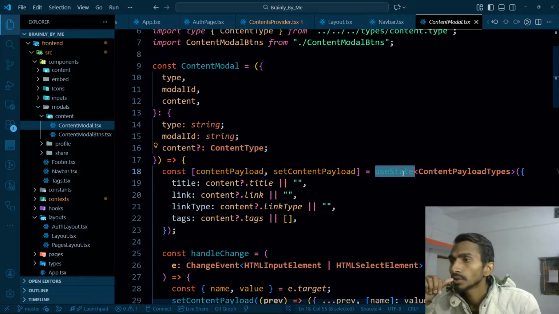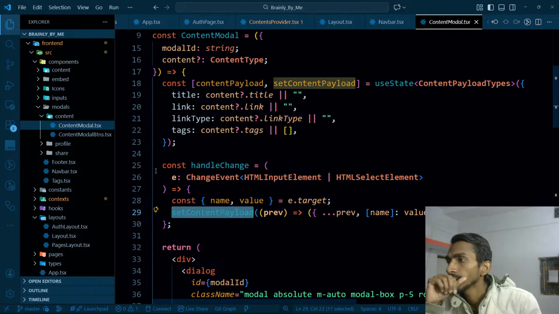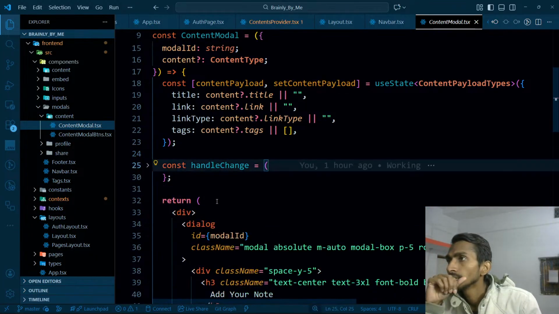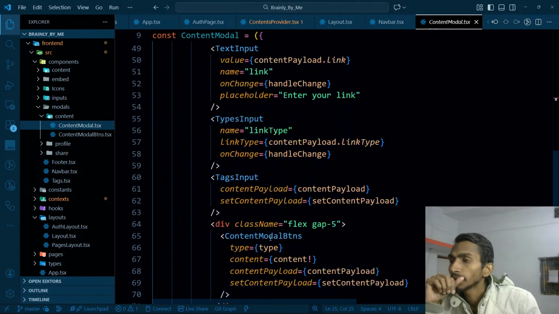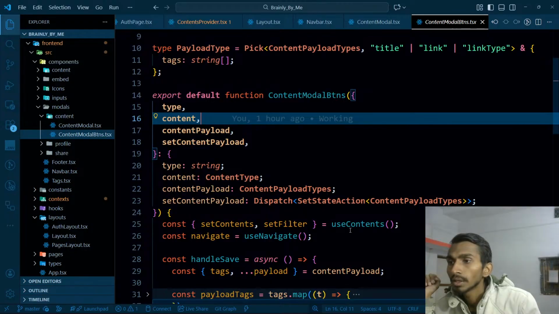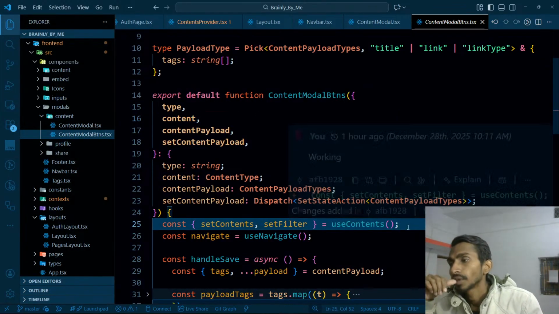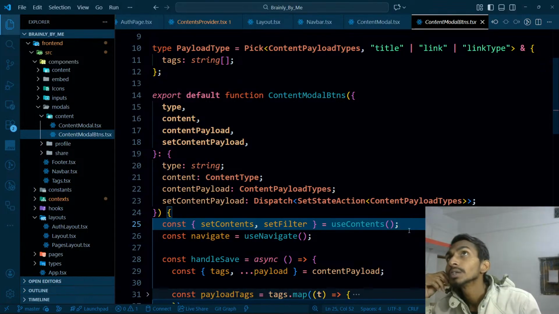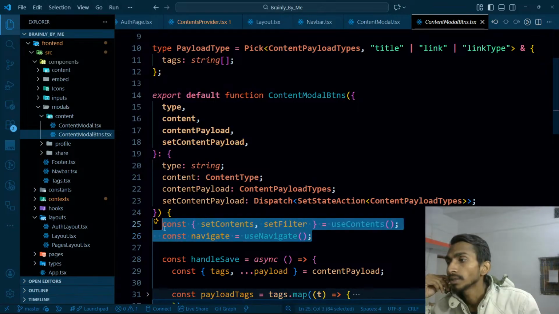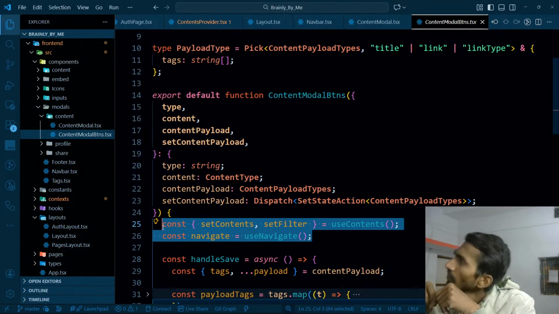It must be use content, set content payload, handle change, use content model, then it will have its buttons too. So ultimately the button is using that use content, like use contents. So in the buttons I'm using it, and what I want is that in this navbar section, use contents is here, and set contents and set filter,